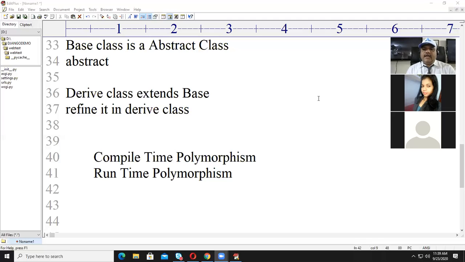Then we discussed the concept of compile time polymorphism and runtime polymorphism. Compile time polymorphism means at the time of compilation. There are two phases: the compilation phase and the execution phase. The execution phase means the runtime environment. As Ashwini rightly said, late binding means that at the time of the runtime environment, the memory allocation and these steps happen. So the terminology is related to dynamic memory allocation. At the time of compilation it checks the syntax, and allocates the memory at runtime.